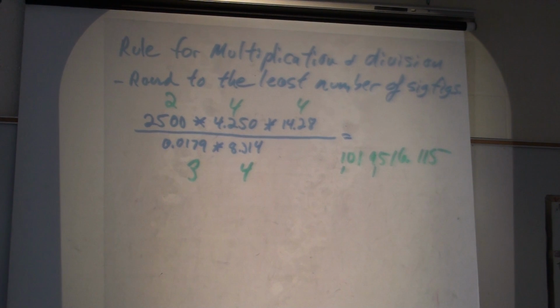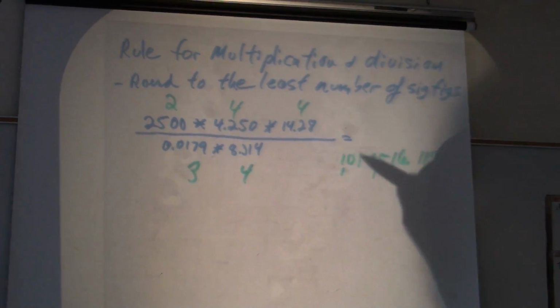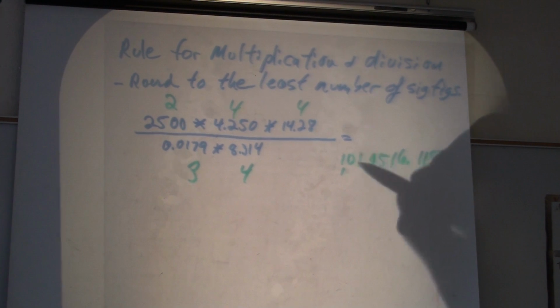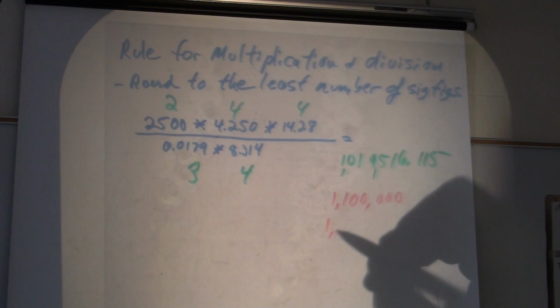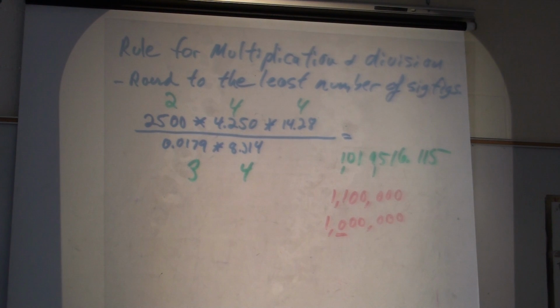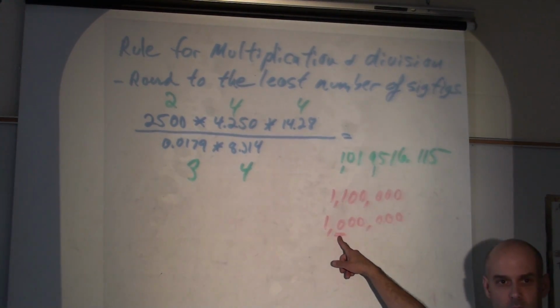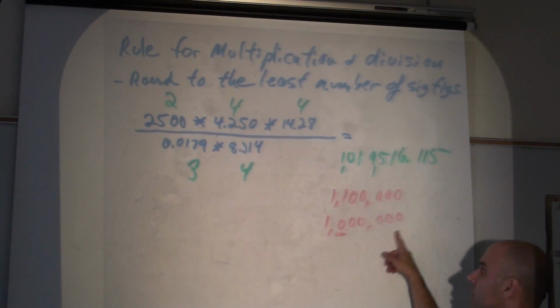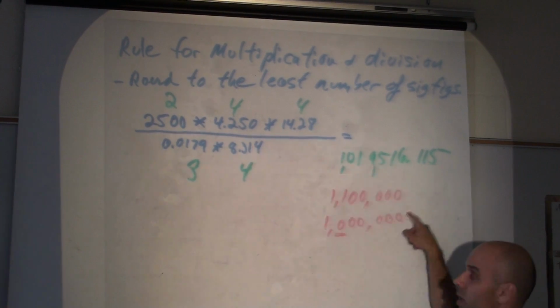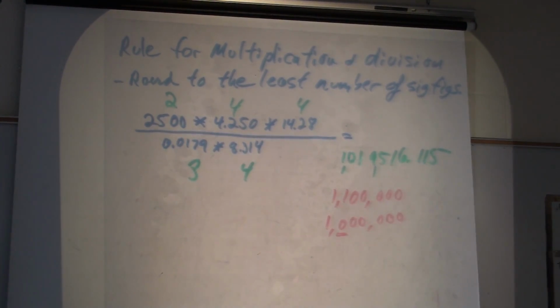Ooh, this is going to be interesting. This is just coincidence, but it's going to be interesting. So if I round this down to 2 sig figs, so this is a 1 here. So would that round up to this number? Or would it round down to this number? It would round down. This is one of those rare situations where we'd have to put an underline in. Because we're going to round down to 2 sig figs. This number has 2 sig figs. This number has 2 sig figs. But we would round down. If this number was a